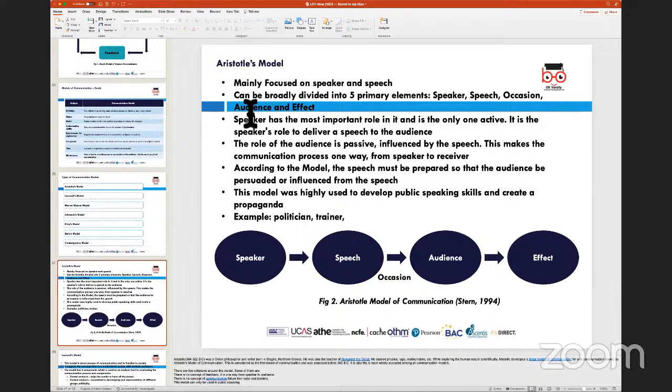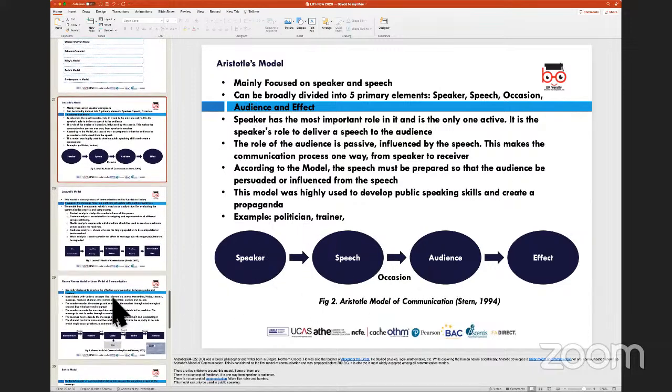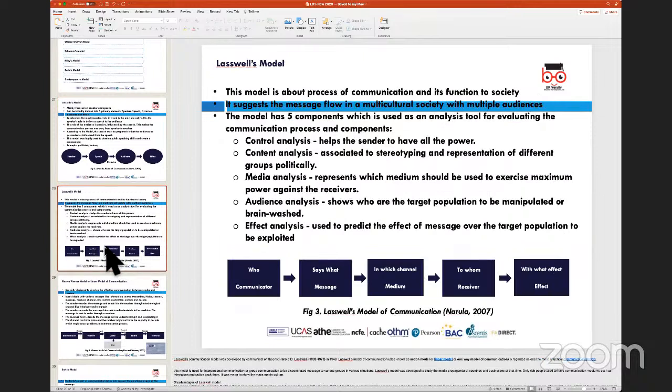It's like you're attending a rally, or you're going to a lecture, or you're in a place wherein you are being addressed by a leader, or you're in a training or a seminar wherein the trainer is the main person who's producing the content and is talking to you, and you are essentially one of the recipients who's receiving the message. So this tends to be Aristotle's model. We also have Lasswell's model.